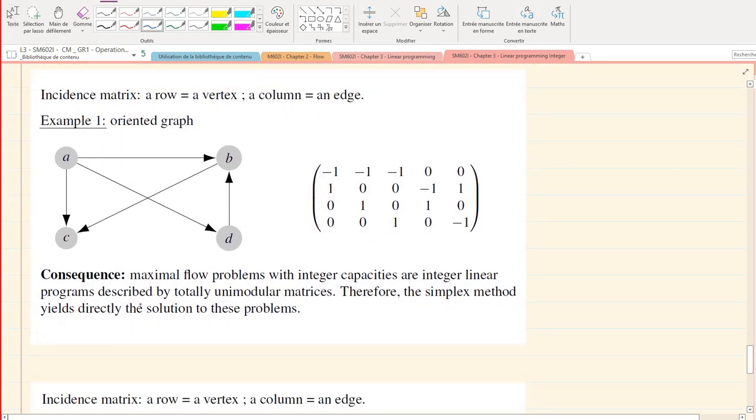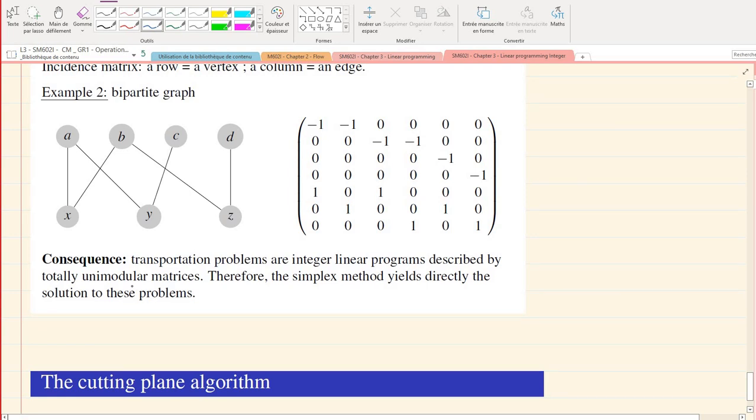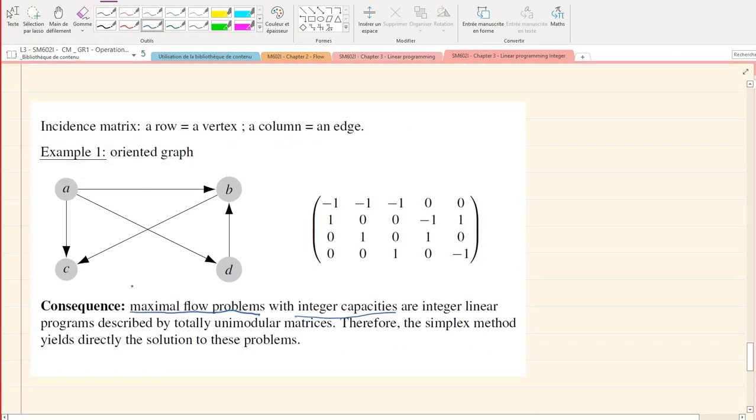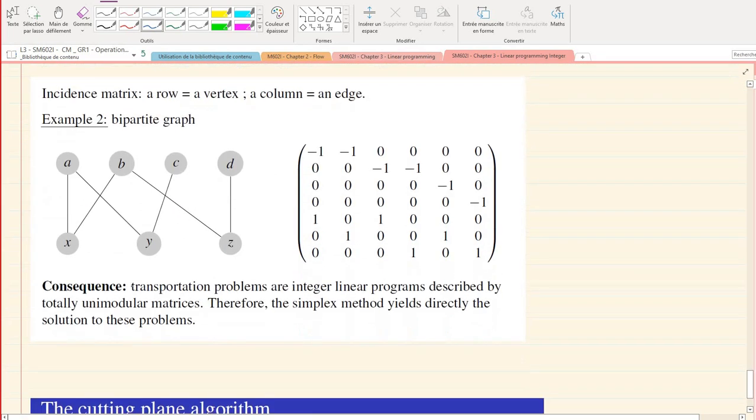So when you want to find a solution for a maximal flow problem with integer capacities, then the matrix will be a totally unimodular matrix. So immediately your problem will have a solution with integer coordinates. Another example is the bipartite graph. This is an oriented graph. This one is not oriented, but also, if you want to solve a transportation problem,